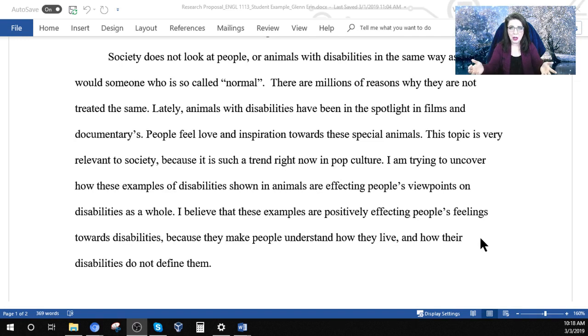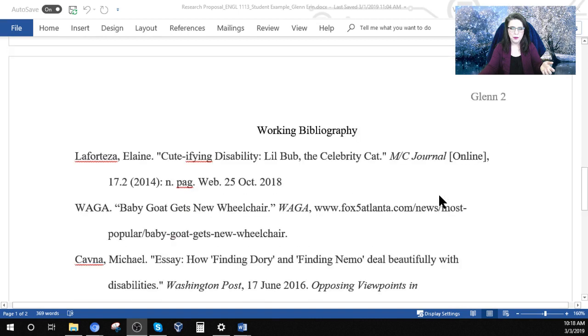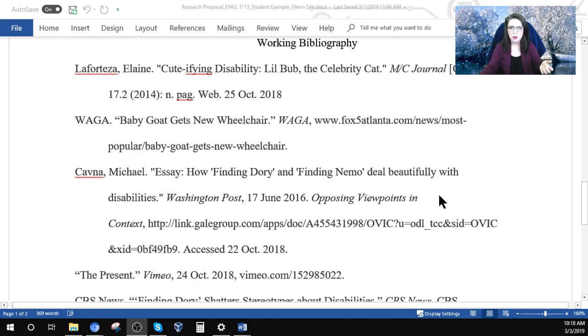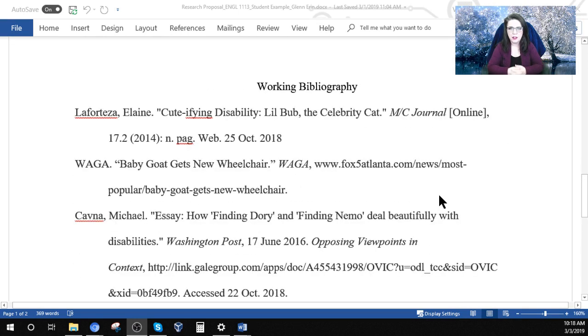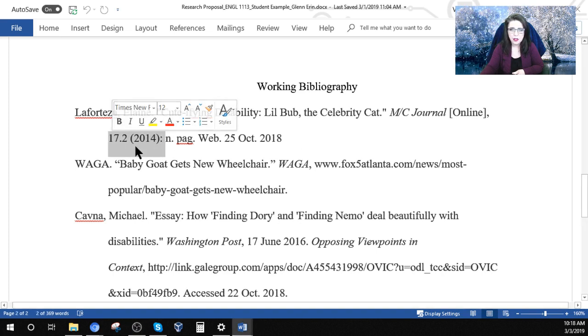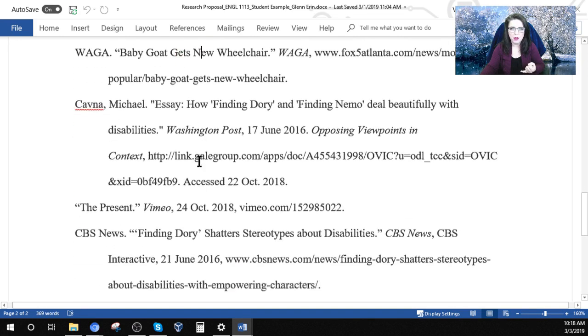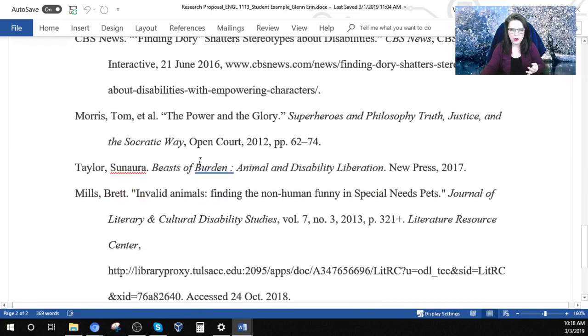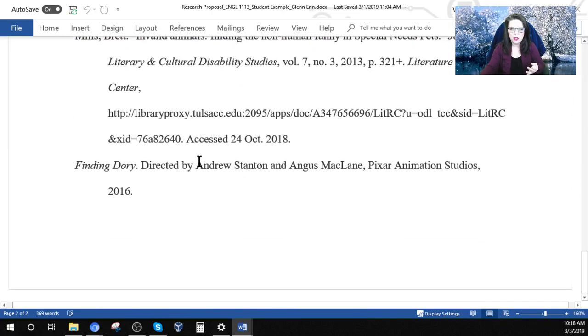But I talked with Erin about it, and I was able to see where she was coming from with her research proposal. Now let's go look at her working bibliography. As you can see, it does have the proper title, working bibliography. There are some errors in regards to the formatting of the citations, but I just want you to see that she does have a working bibliography, that she does have the required amount of sources that she needs for the